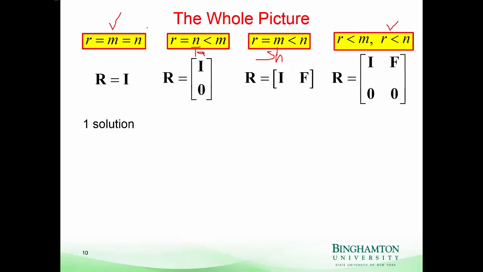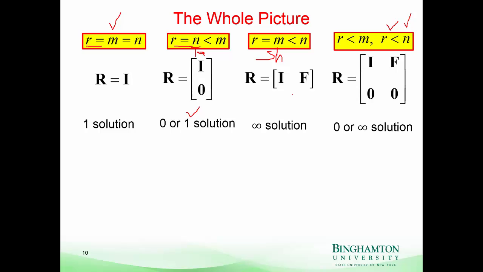What about square where the rank is not equal to m or n? Well, that would be handled over here. M and n would be equal to each other, but rank would be less than m and n. And we'll get to that in a minute. So for the tall case, with full rank, we have 0 or 1 solution. And then short with full rank, we have infinitely many solutions. And then